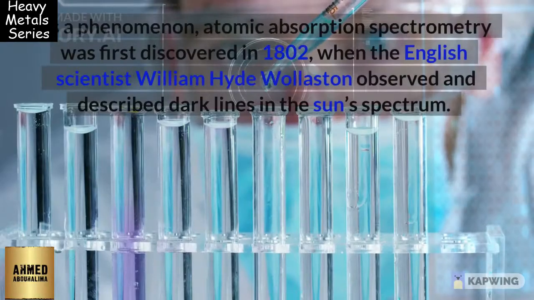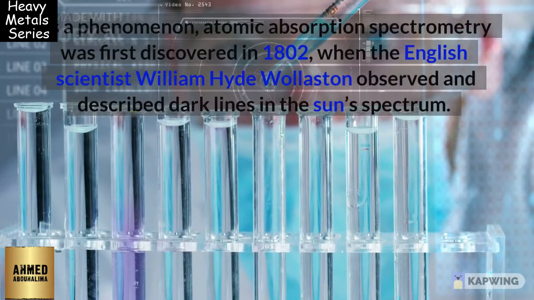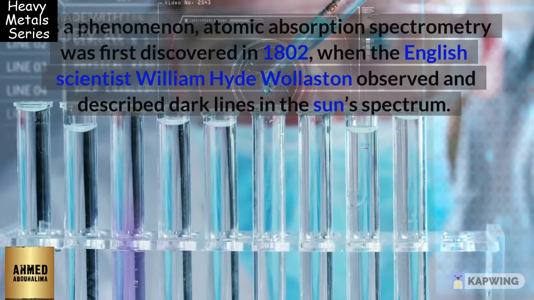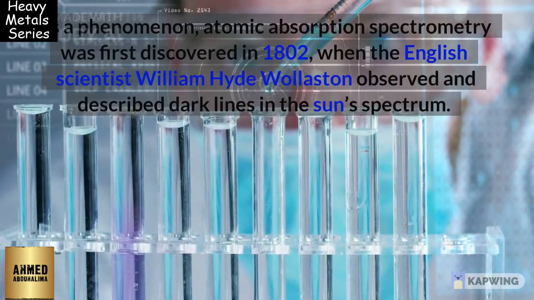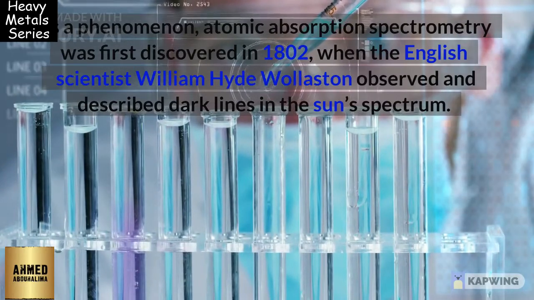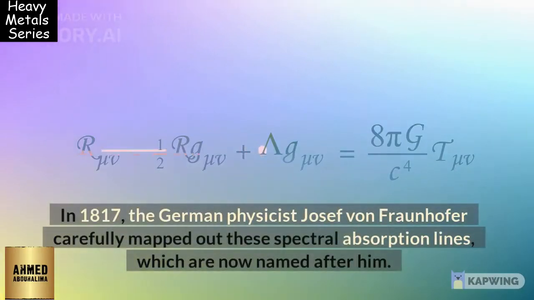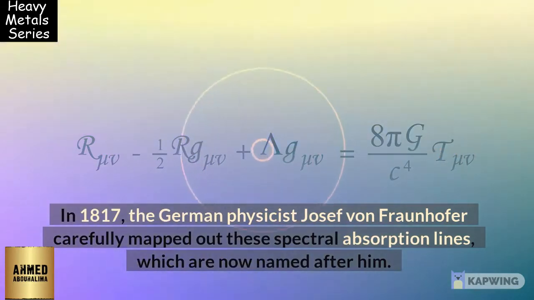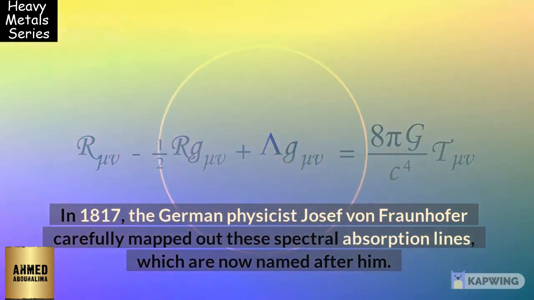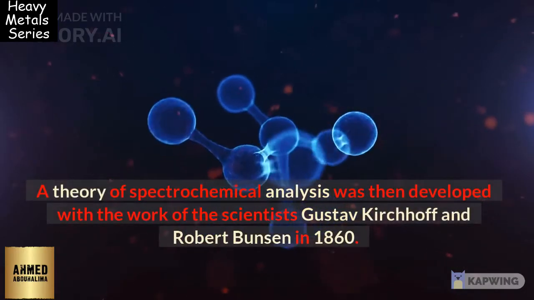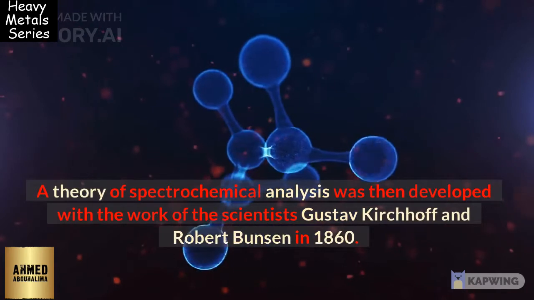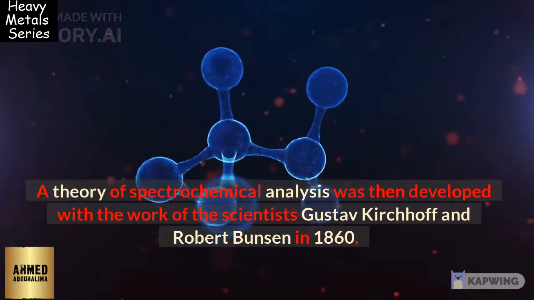As a phenomenon, atomic absorption spectrometry was first discovered in 1802, when the English scientist William Hyde Wollaston observed and described dark lines in the sun's spectrum. In 1817, the German physicist Joseph von Fraunhofer carefully mapped out these spectral absorption lines, which are now named after him. A theory of spectrochemical analysis was then developed with the work of the scientists Gustav Kirchhoff and Robert Bunsen